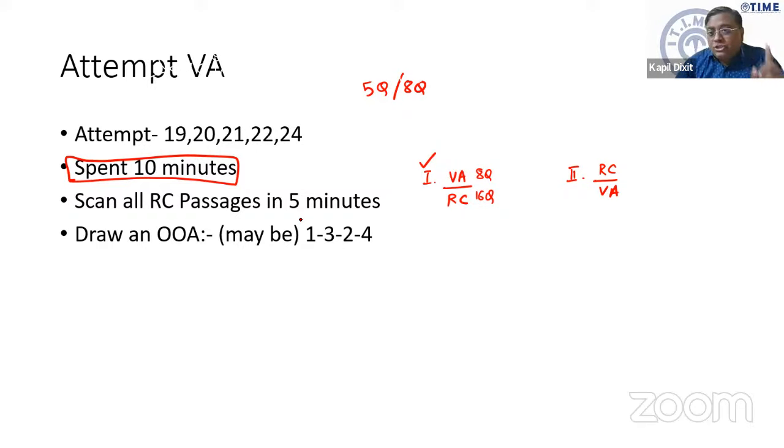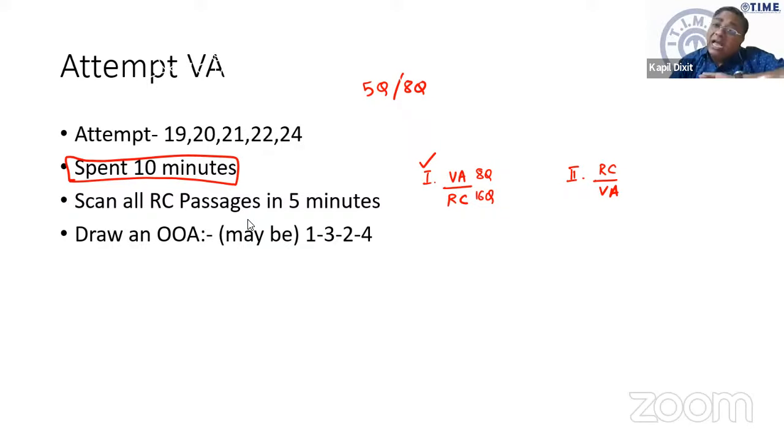Now, there are a lot of students who are attempting all 8 questions in 15 minutes time. These are those students whose verbal ability is very strong, who believe that VA is very strong and they'll be able to handle VA without any hassle. Their VA is very strong, accuracy is very strong. Whether it is paraforming or fit in the para, they are doing good in that. Otherwise, if you look at this particular paper, I have identified a couple of questions which one could have easily